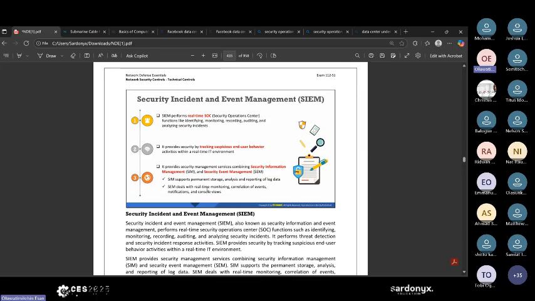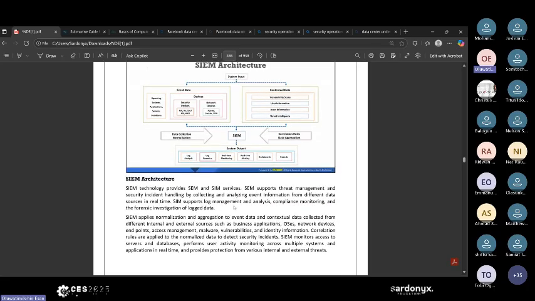This is where we talk about real-time monitoring, correlation of events, notification, and console views. So this is it. You have data collection, you have correlation and data aggregation, and we have outputs where you have forensic analysis and real-time alerting. Once a case study meets a particular criteria, I can say, okay, if we see 5 logs from a brute force, where someone is trying a password 5 times, and I look at the timing, I say this means it is a brute force attack. Just like the example I gave before, you look at the distance and the location.